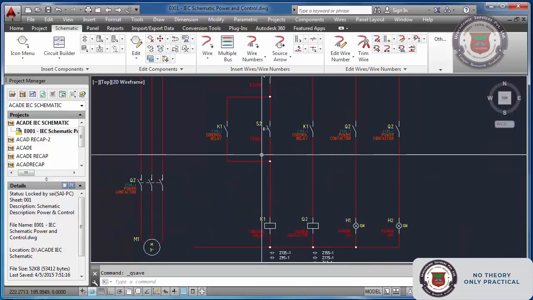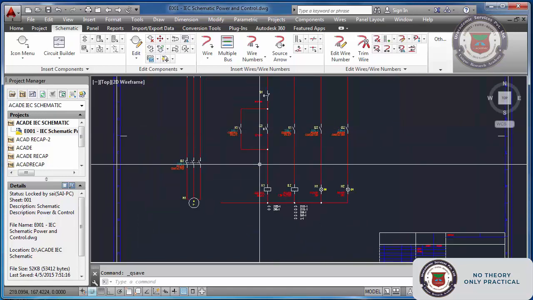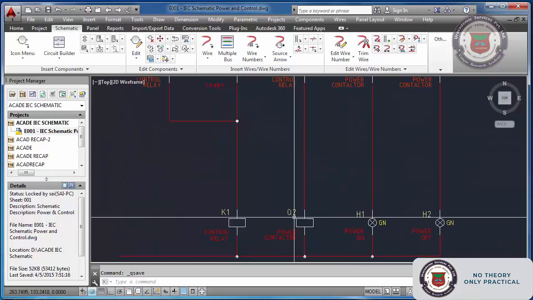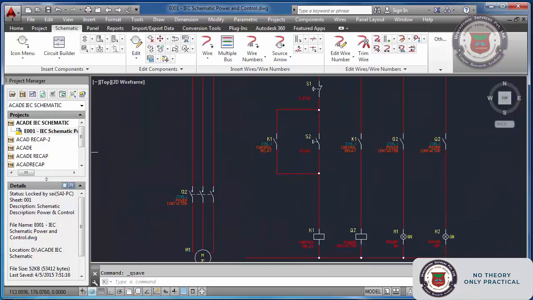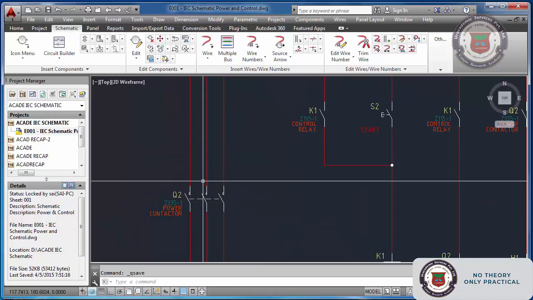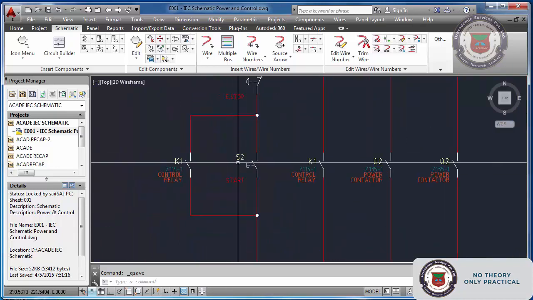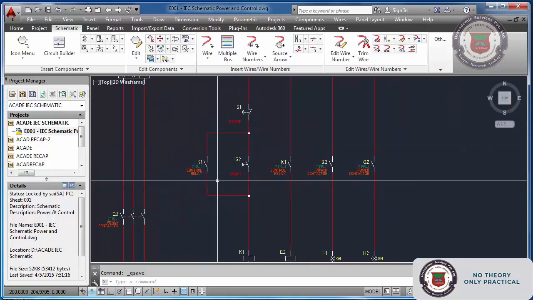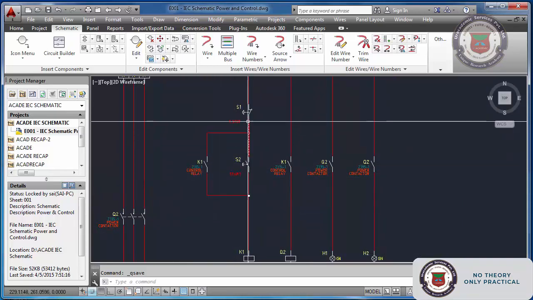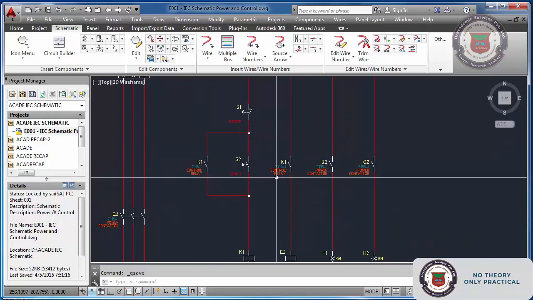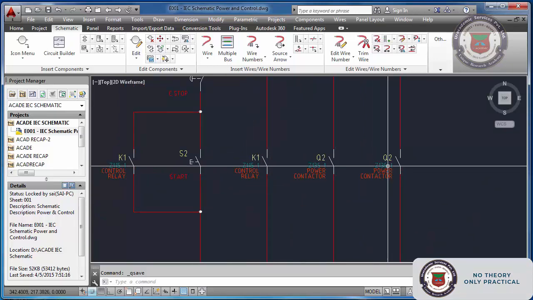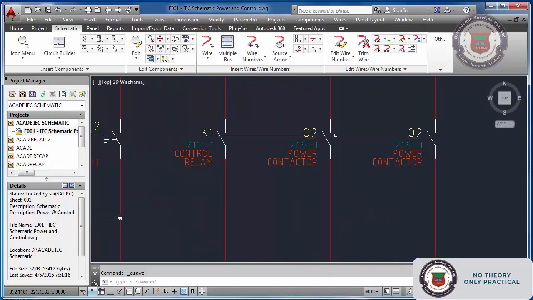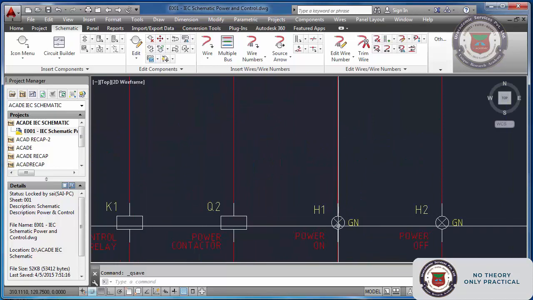a relay. The moment you press the start push button, this relay picks up, and this NO becomes NC, and the power contactor gets energized. Thus the power supply flows in the power circuit. And once you release this momentary push button, the latching contact of this particular relay keeps the circuit alive. And Q1, Q2,